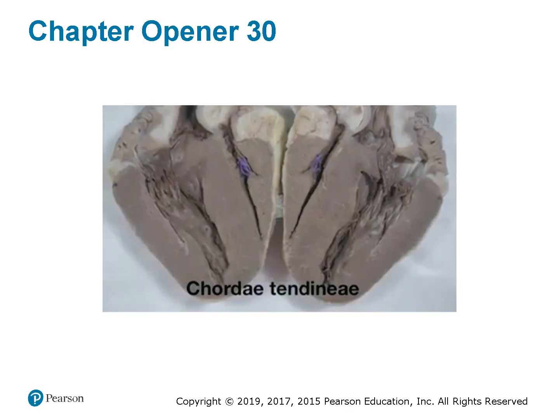This image introduces the internal anatomy of the heart through a real dissection specimen. Prominently displayed are the chordae tendineae, the thin, tendinous cords that anchor each cusp of the atrioventricular valves to the papillary muscles within the ventricles. These structures play a vital mechanical role, preventing valve prolapse during ventricular contraction and ensuring that blood flows in a